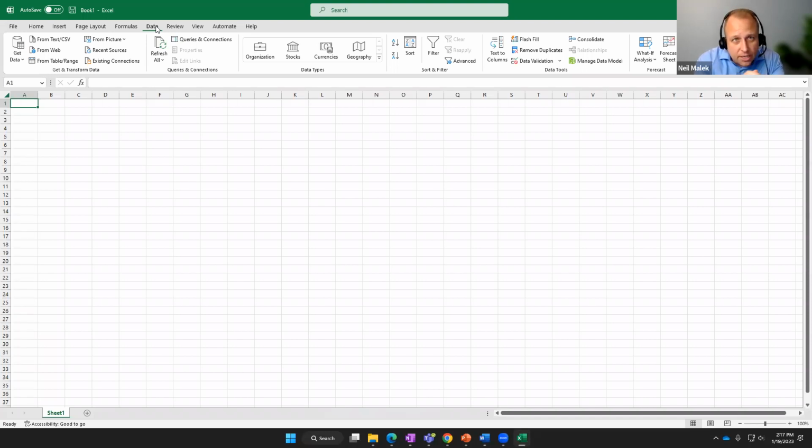The E in ETL stands for extract the data, pull the data in. The T in ETL stands for transform the data or clean it up. And the L stands for load. So now everybody, if I go to the Data tab, I can see that I could go get data from